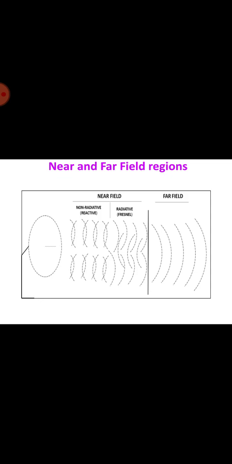The reactive field is closest to the antenna and is that region for which the reactive field dominates over the radiative fields. This region extends up to a distance of 0.62 square root of d cubed by lambda from the antenna. And for an ideal dipole, for which d is equal to delta z, which is far less than lambda, this distance is lambda by 2 pi. Between the reactive near field and the far field regions is the radiating near field, in which the radiation fields dominate and where the angular field distribution depends on the distance from the antenna. For an antenna focused at infinity, this region is sometimes referred to as the Fresnel region.